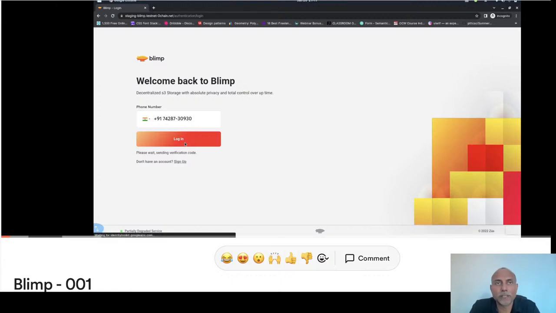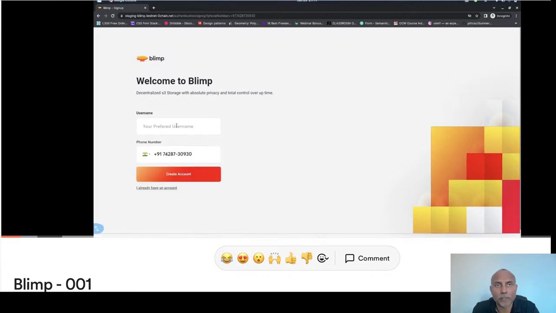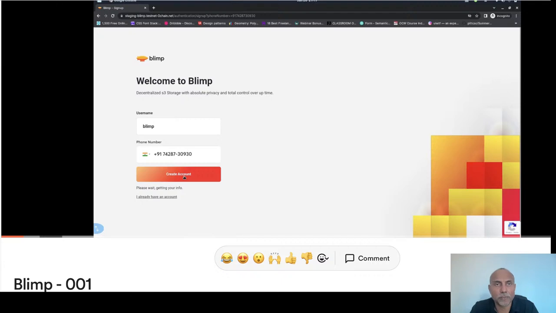Essentially a decentralized S3 storage. So if you look at AWS, Azure, Google Cloud, they have S3. They have AWS S3. There is Azure. I think they call it something else, but basically it's an S3 storage, which is used for websites, which is